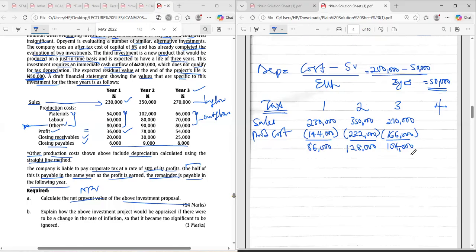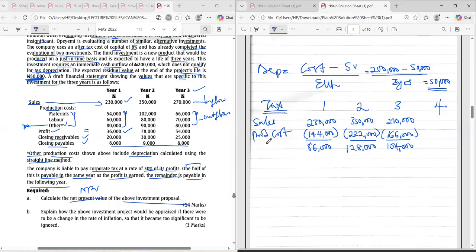So 104,000. So when we're calculating our tax, this is going to be the amount we're going to calculate our tax on. So we don't need to factor in those receivables and payables. Whether you sold on credit, you will not be telling the tax authority that they are still owing you. Your tax will be calculated on your total sales. That's why we are doing our total sales and our total production cost here. So we are not using receivables and payables to amend anything. Right, Master, you are in?